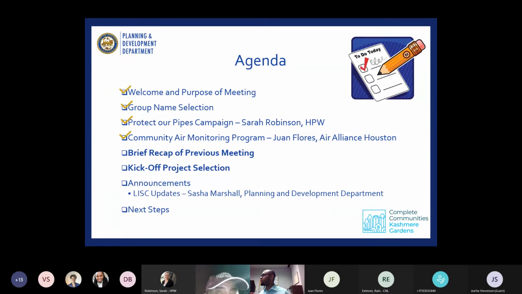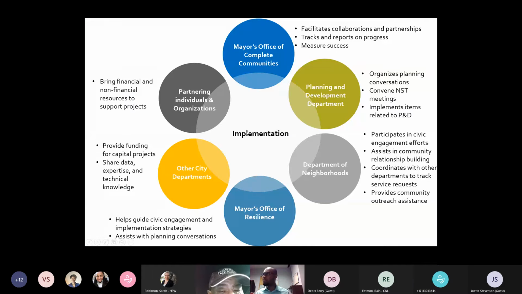So our next step will be to briefly recap our discussions at our last meeting. For those who did not attend the meeting in October, the purpose of that meeting was to talk about the structure, and we kind of covered that as far as moving forward with implementing the action plans. There are city departments, and agencies outside of the city, that will be involved in helping to implement projects in the plan. The Mayor's Office of Complete Communities plays a key role in overseeing the process, tracking